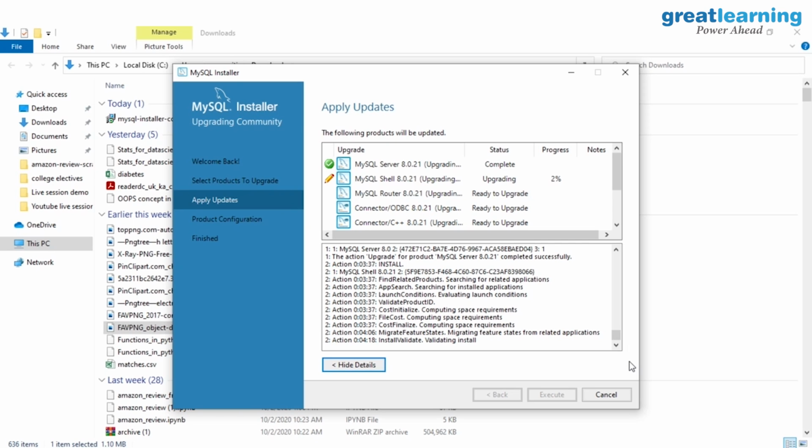There are lots of things: server, shell, router, connectors for ODBC, C++, J, .NET, everything, and they are actually getting updated in my case. When you install it for the first time, it will get installed fresh, so give it some more time.